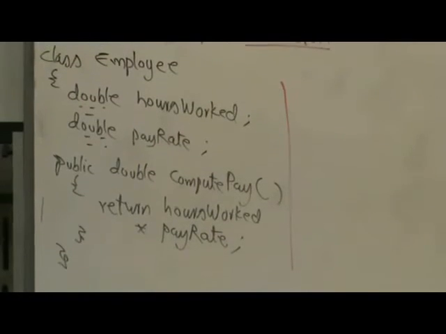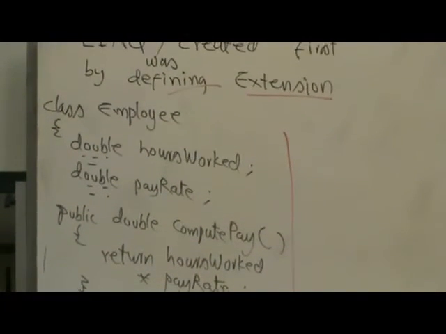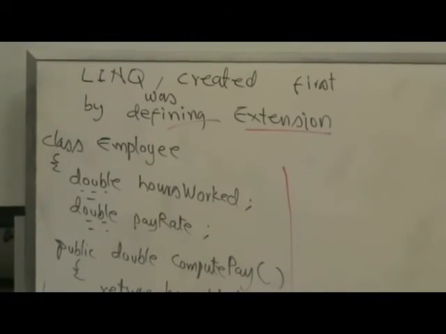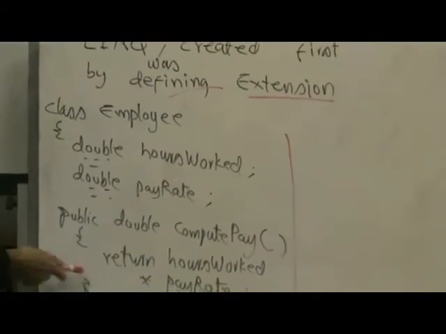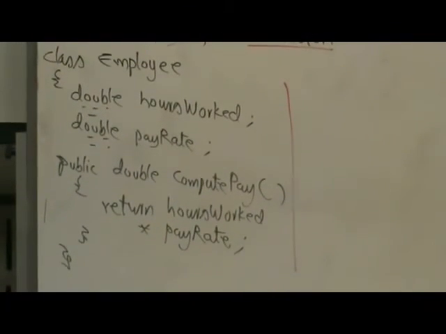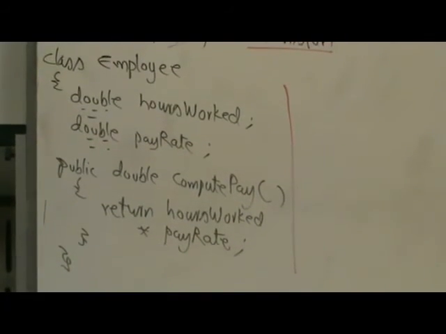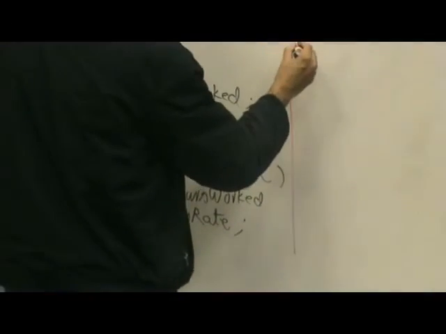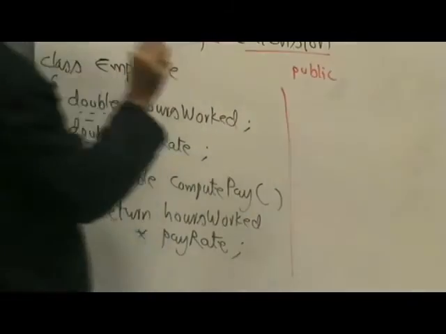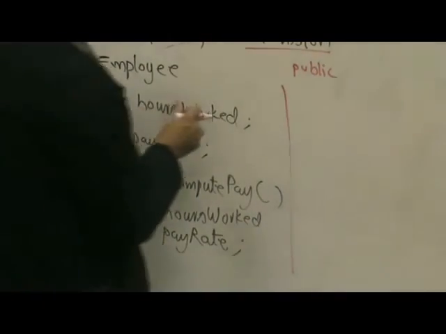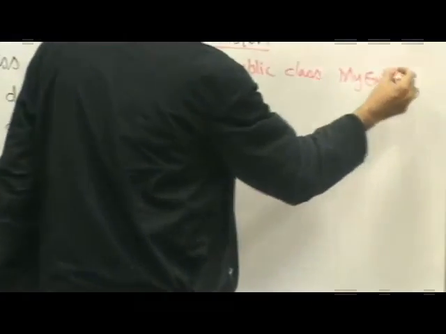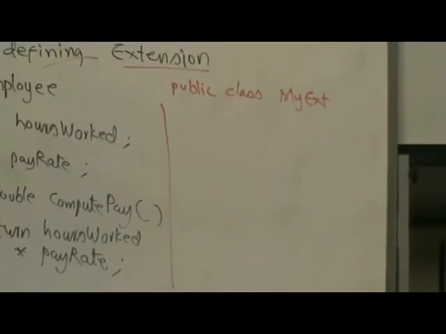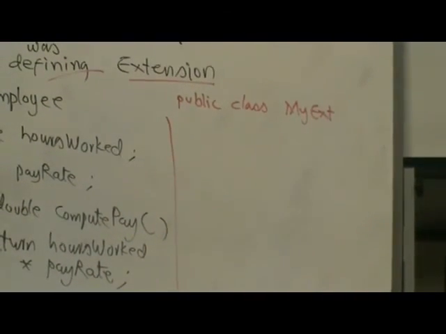And once again, let's pretend this was written by somebody else. They did not give us the code. They compiled it as a library, as a DLL. We can reference this library and use the class, but we cannot go and modify it, right? So using the C# extension capabilities, this is what we'll do. We will create another class. You can call it anything you feel like. So suppose you call it MyExtension. Okay. Now, just like we use the static keyword with the method, we also